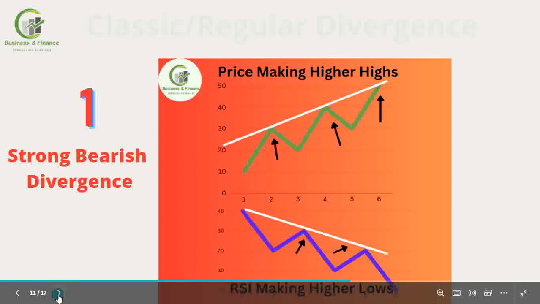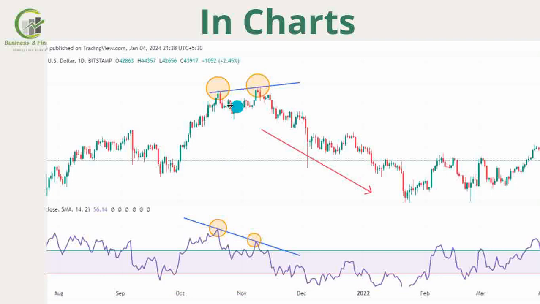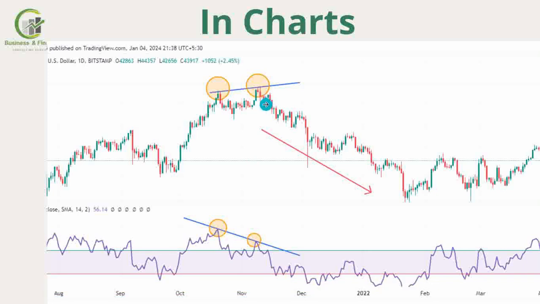With this classic bearish divergence, we have to look for a candlestick pattern. Here in this chart example, we can see the price is making higher highs, whereas the RSI is making higher lows, which indicates that it's a very strong sign for the reversal. So whenever we can find the candlestick pattern